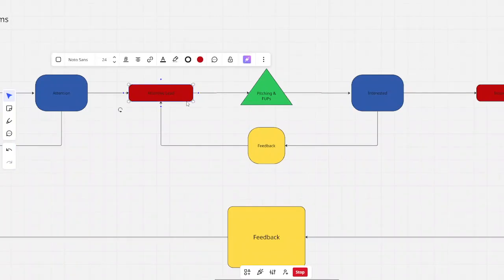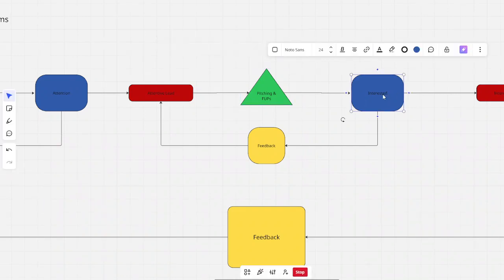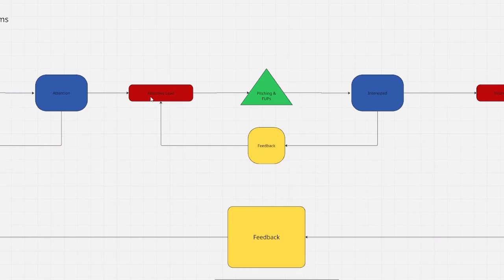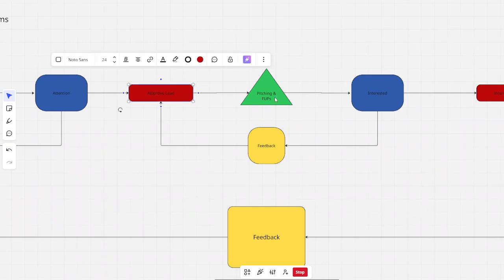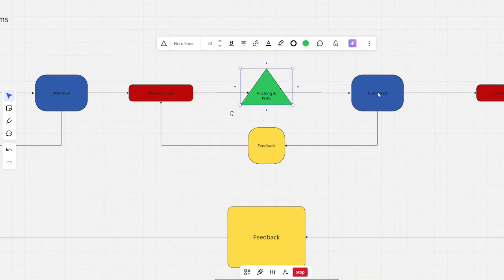Now you have an attentive lead, they're interested. You do pitching and follow-ups, right? So you tell them your Calendly, you follow up with them, then they're interested, right? Feedback is how well this is going. It's reply to positive reply. A positive reply shows interest, for example. So you track that as well. Pitching and follow-ups brings them to interested,